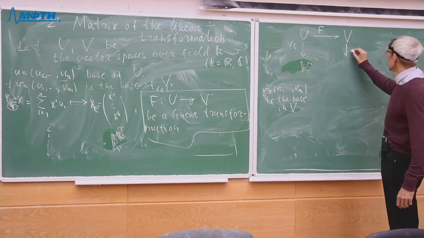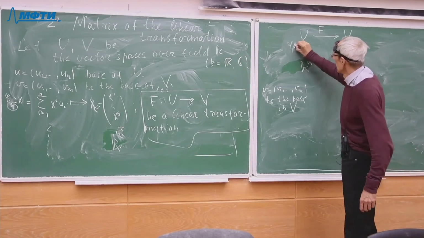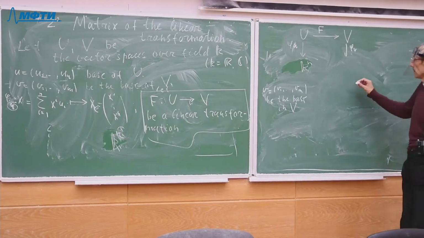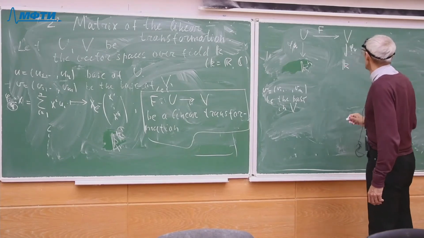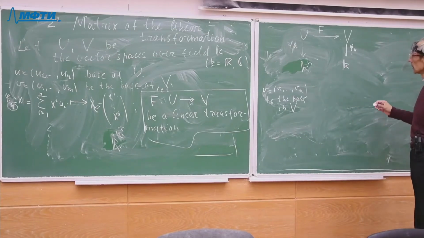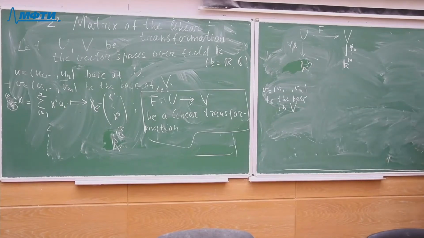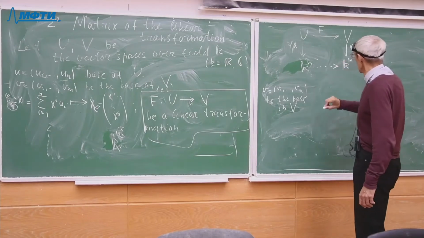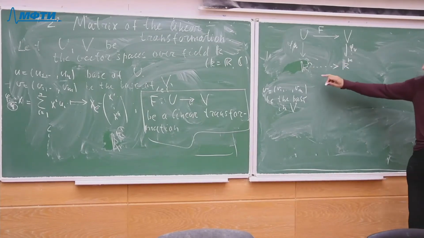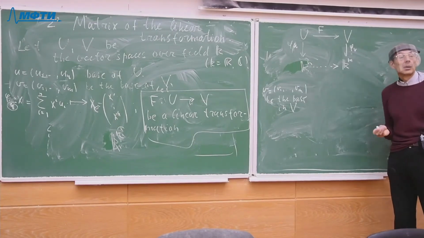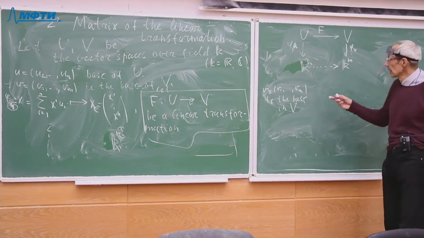And we have the coordinate mapping, phi U and phi V, and we have two arithmetical vector spaces. And our aim is to construct some linear transformation between these arithmetical vector spaces such that the following